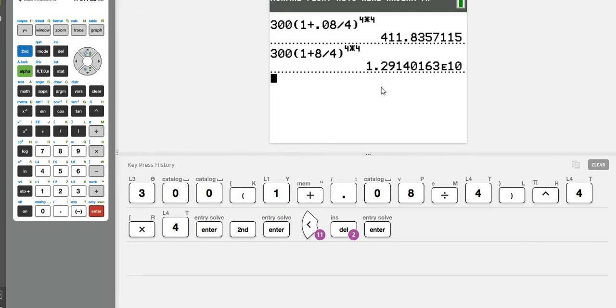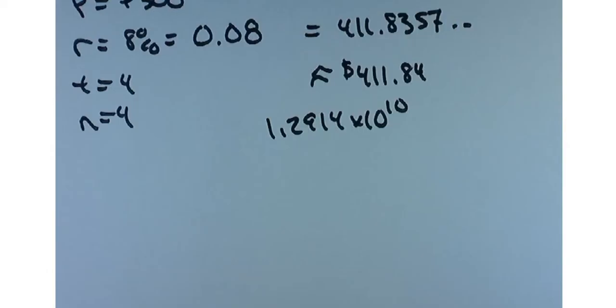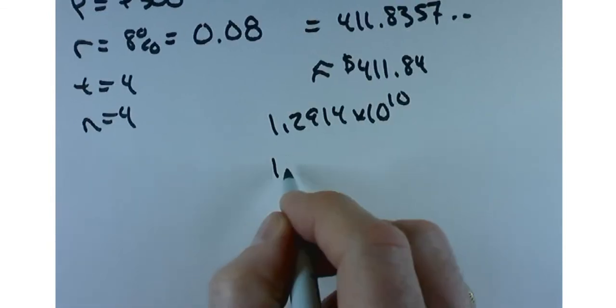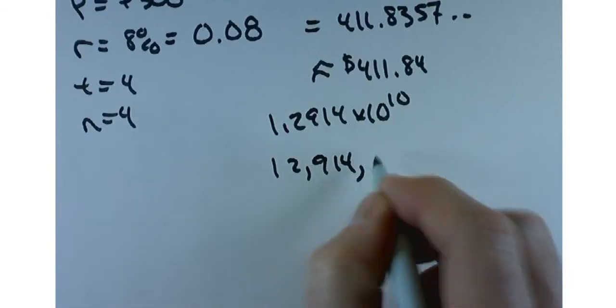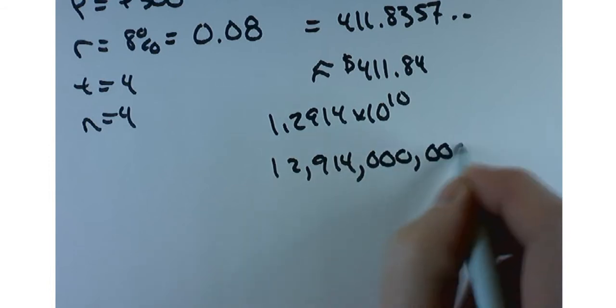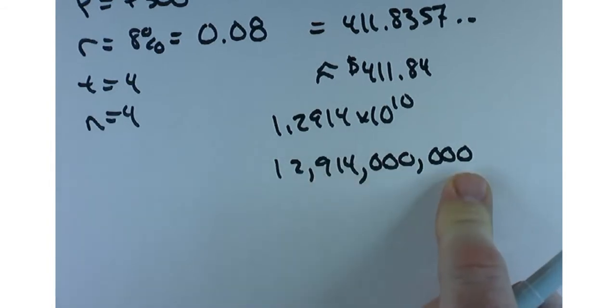Wow. That's a number in scientific notation. So it's 1.2914 times 10 to the 10th is essentially what that is. If you want to unravel that a little bit more, that's going to be 12,914,000,000. There you go. A little bit less than $13 billion. Effectively, I'd be retired if there were such an investment. I'd be on my own island someplace in the Pacific, you know, solving math problems just for fun. All right, maybe not the latter, but, you know.